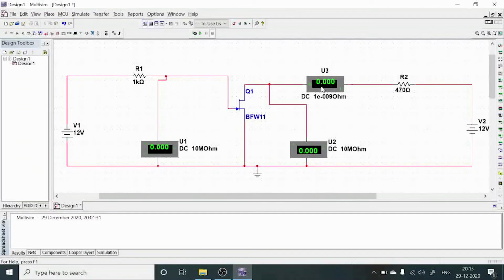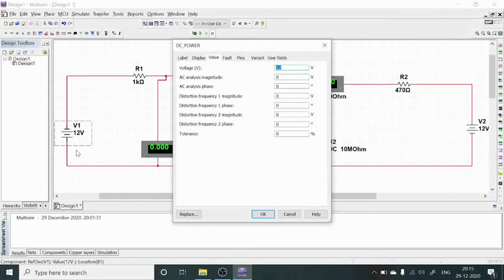So for this case, first I am going to adjust the two DC sources to 0 volts. To do that, just double click on that component. Then this window will open. In that window, we need to modify the voltage. So in the voltage column, just replace this 12 volts with 0.